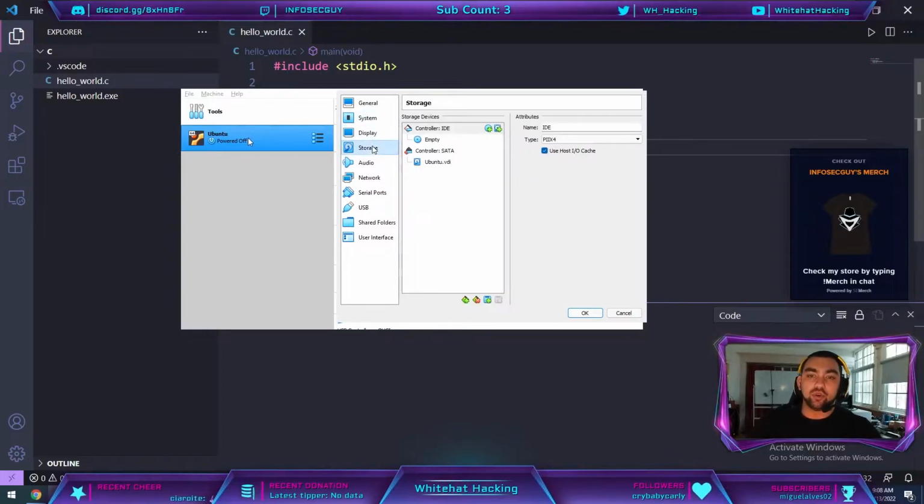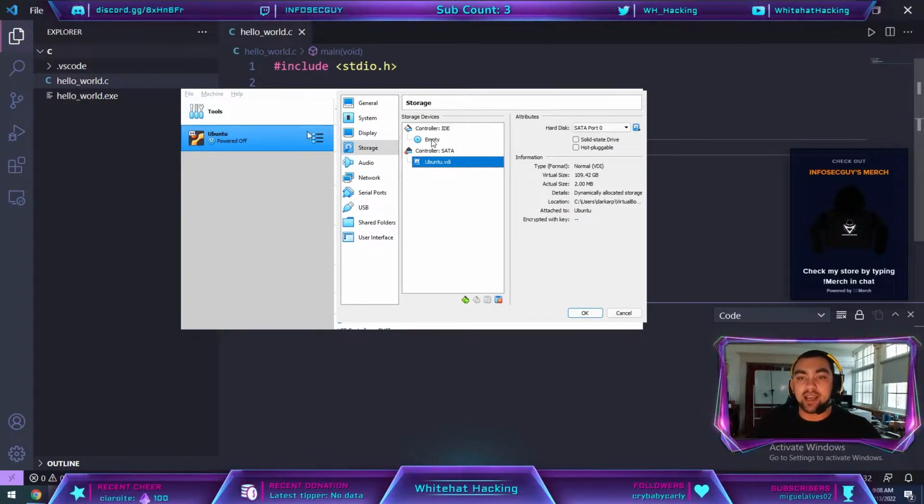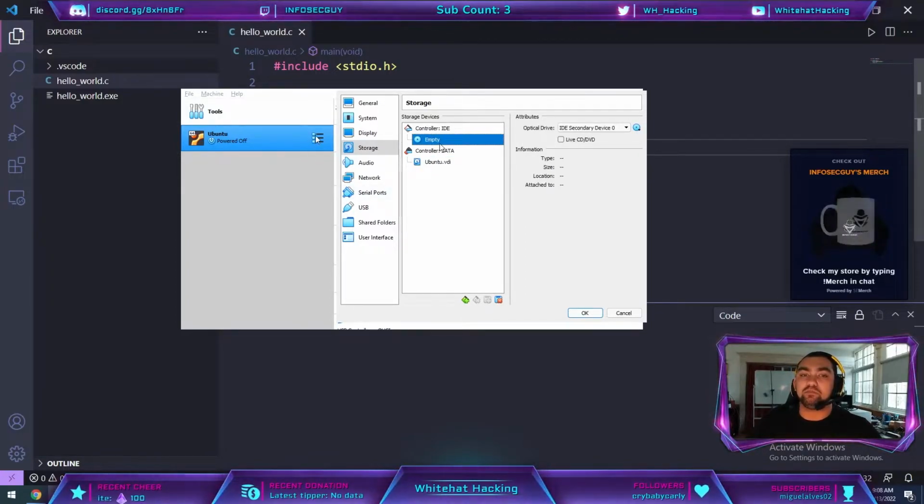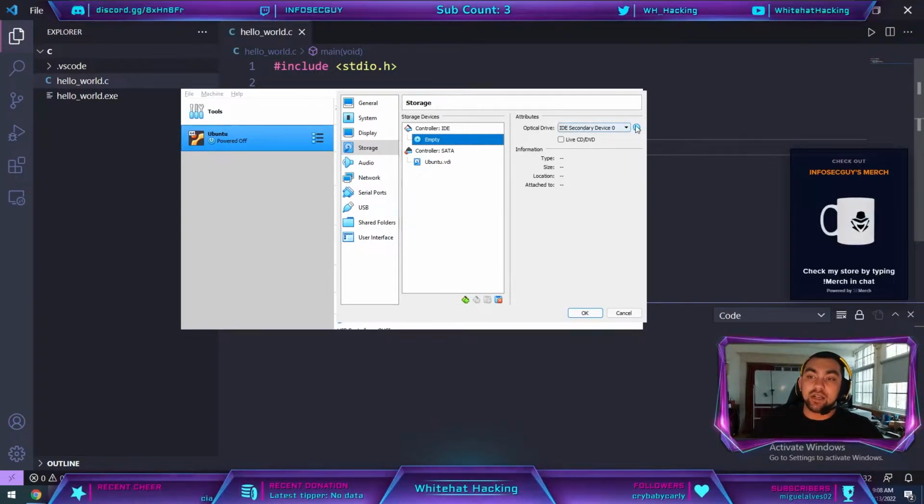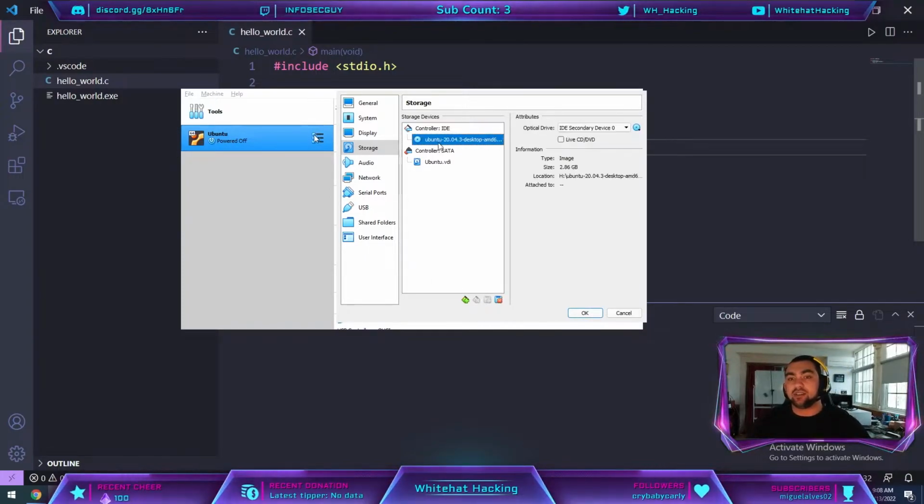So we're going to go into storage here, and this is your hard drive. It's a virtual hard drive, a virtual disk. And here is your optical drive. So you're going to click on this little disk here, choose a disk file. In this case, it's actually this one. So, but choose a disk file. You go into where you have your ISO file downloaded, and you click on it, and there you go. Now it's here,